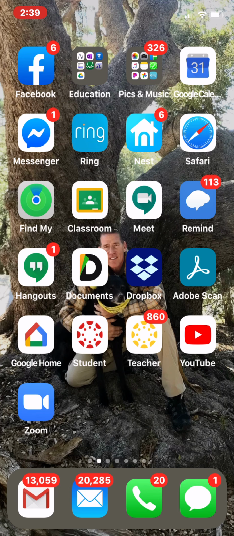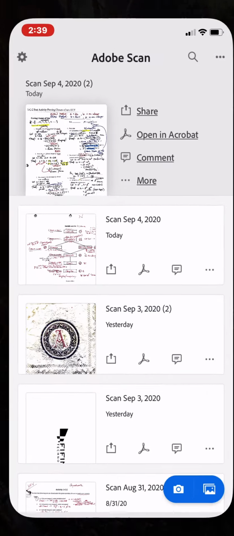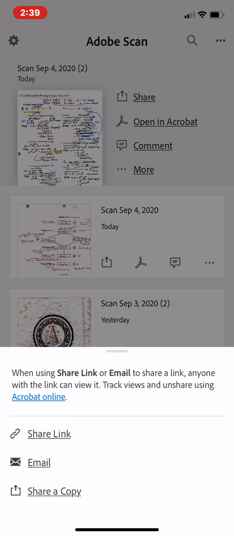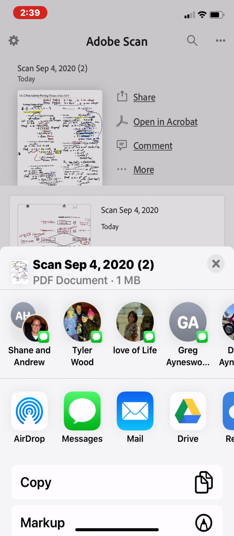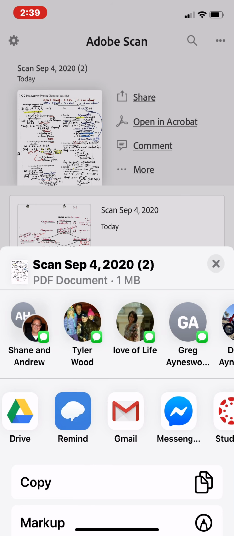So there's another way to do it, though. So let me go back to the Adobe Scan app. So I want to share again, share a copy. And you can email it. You can send it to your Google Drive. And guess what? You need to